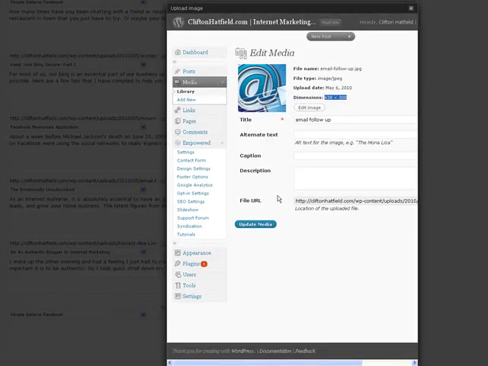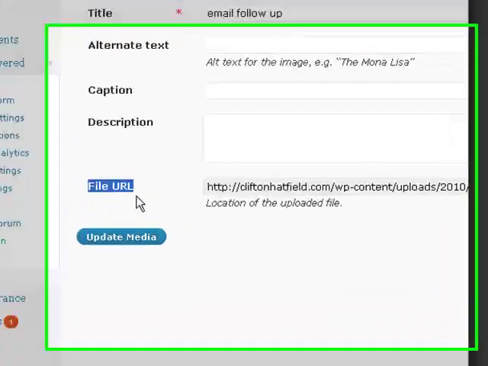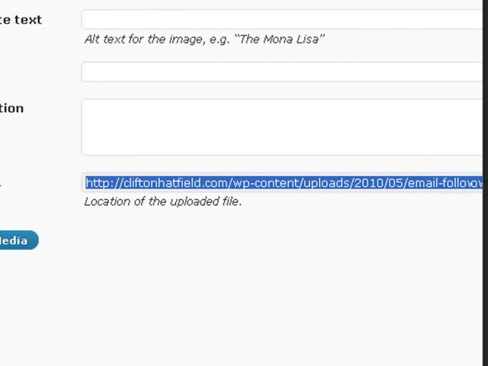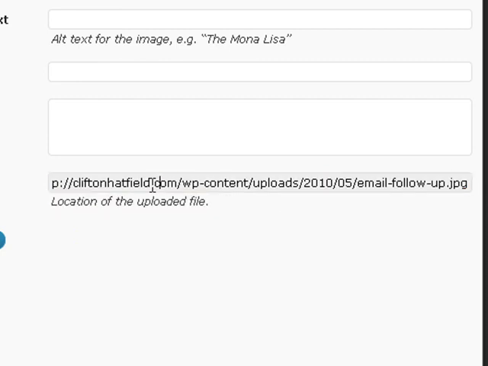Now what I'm going to grab is this file URL. This is the location of this image on the internet. It's stored on my server, and this is where it landed when I uploaded it to my media library. So I'm going to copy that location of the uploaded file, copy the entire thing,